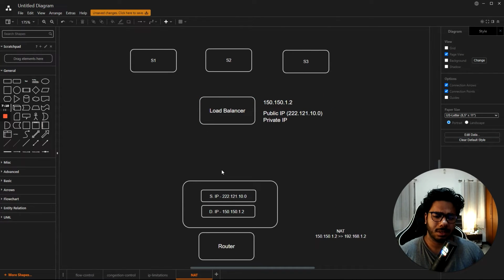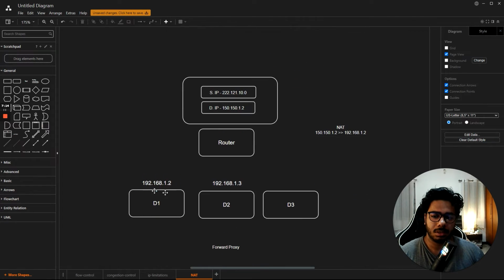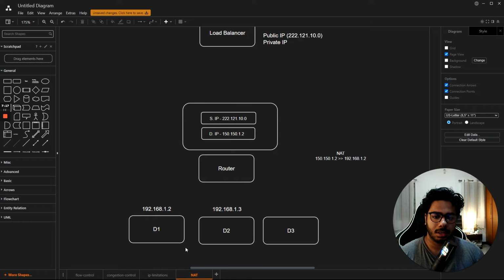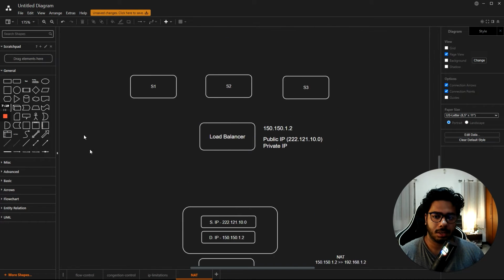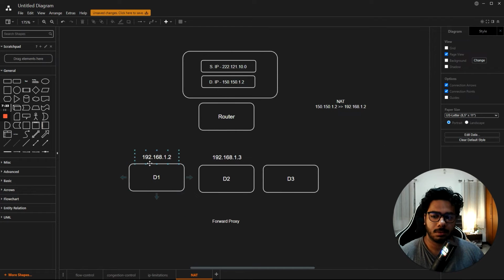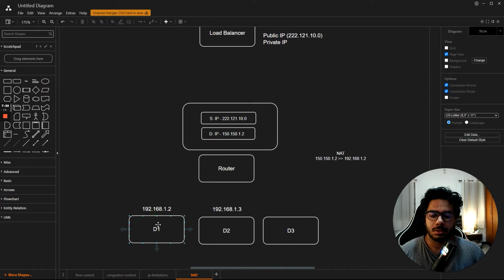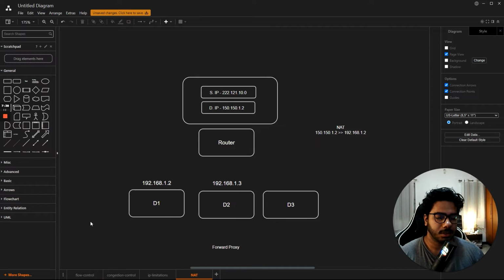So that's the basic purpose of load balancer. Okay, so let's take it ahead. Let's say now we want to communicate with this server from this device, the same thing would come up. It will have a public IP, private IP, and so on. Let's say this is the public IP. So D1 will make a request. The router would check if it's in its own private network using subnet masking. Since it's not, it will make